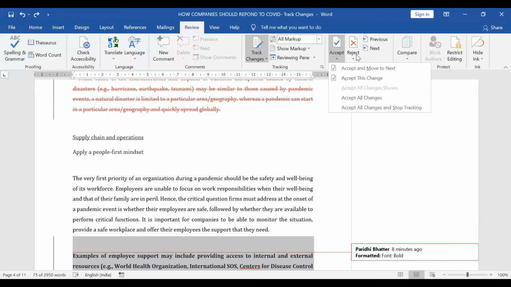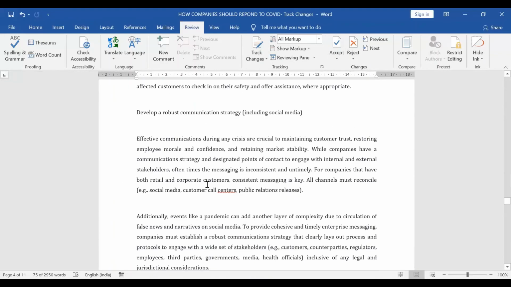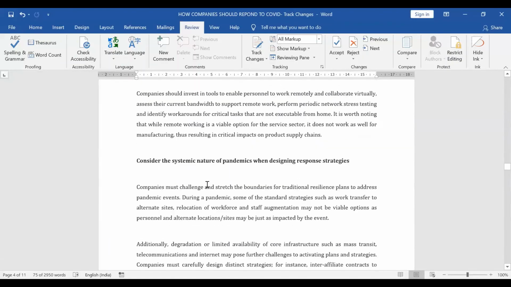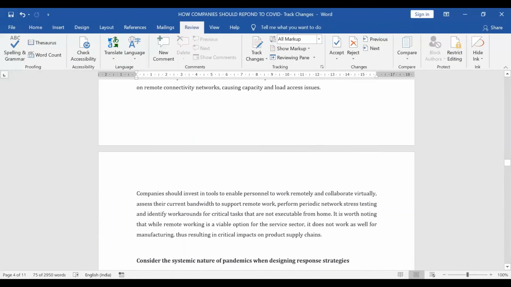Similarly, in case of the option of reject, you have the option of rejecting all the changes or rejecting all the changes and stopping the tracking also. So say I accept all the changes that I have made and I stop the tracking. So in this case, as you notice, wherever I had made whatever change, all those changes have been accepted.